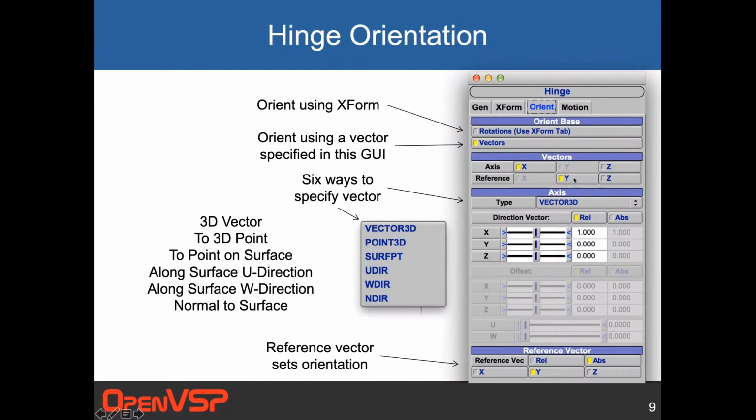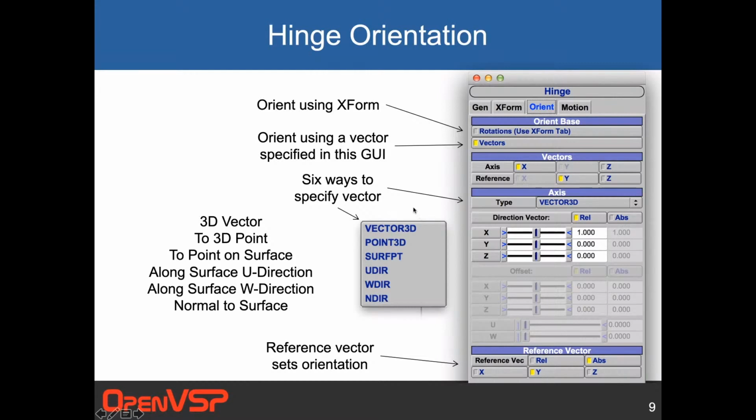This vectors section tells you which axis you want to rotate about. Do you want to rotate about the X, the Y, or the Z? And the reference tells which direction the minimum and maximum angle are measured relative to. So the 0 direction, in this case, we're going to be rotating about the X in the triad with our angles measured from the Y. And these are grayed out because you can only choose different choices. So this axis and reference will always be shown, but down here will be the different options